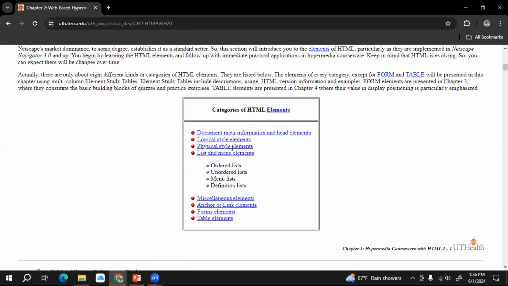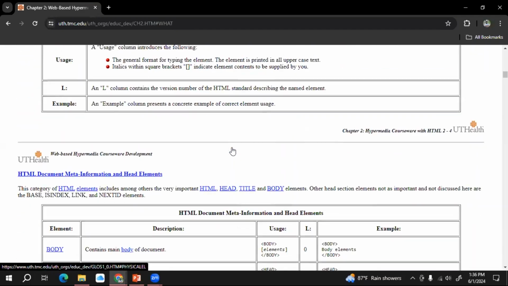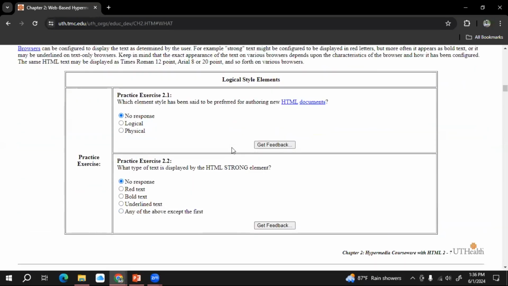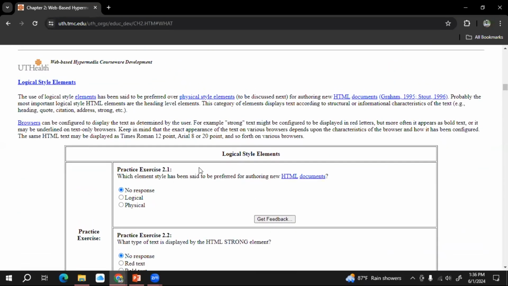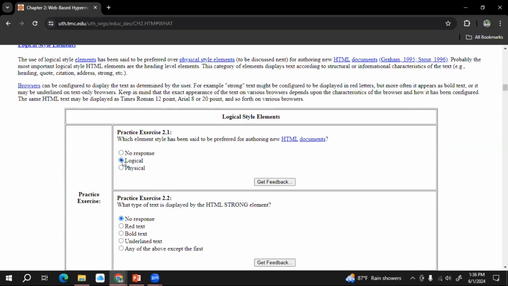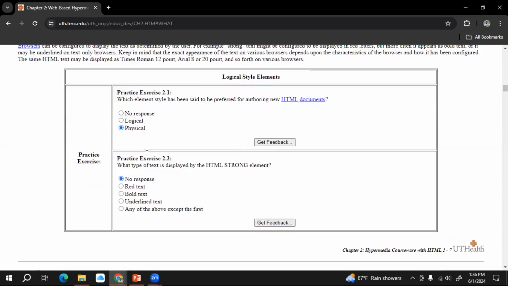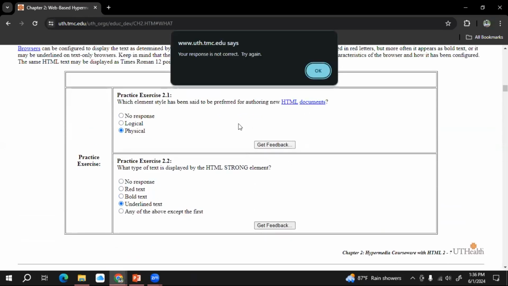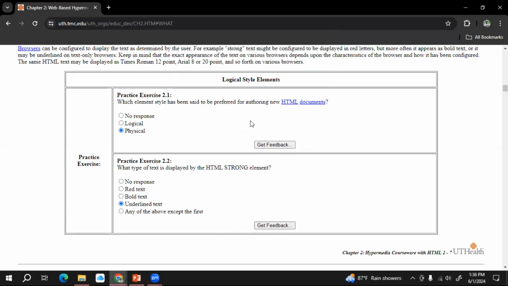When I scroll this one, it has too much text and information. Then it has some practice exercises. You can give some answers in this way, then you can get feedback. It says this is not a correct answer or a wrong answer, right?